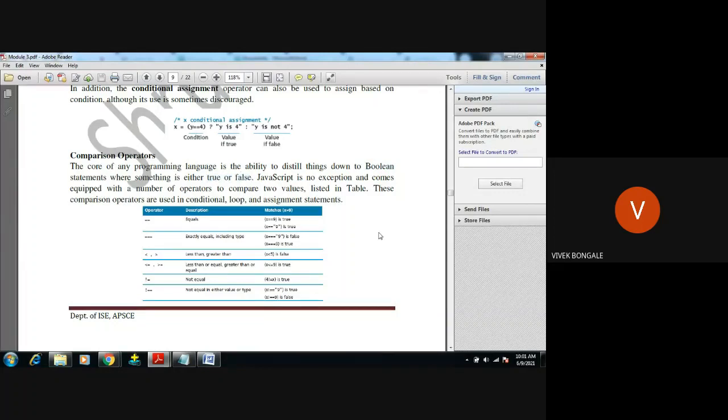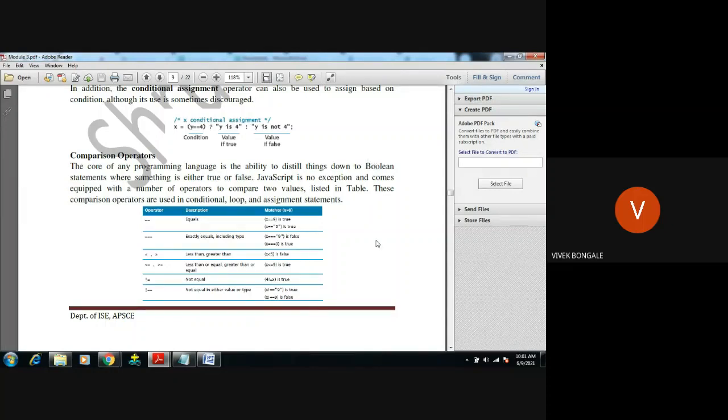Here we're going to see two values. For example, a is equal to 10, b is equal to 10. I will ask whether a is equal to b. It will compare, it will check first. A is equal to 10, b is equal to 10. Yes, both are the same, both are equal. Then the result should be true. If both are not equal, for example a equal to 10, b equal to 5, then the condition is false. It will check the value and give the result as false, in the form of Boolean.